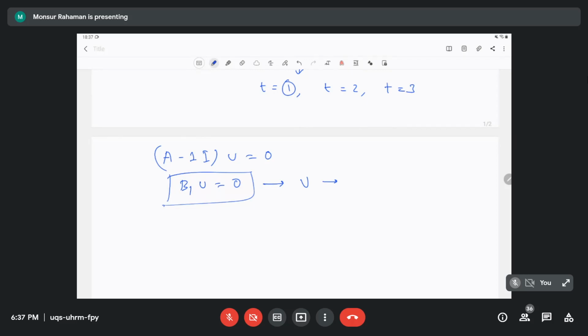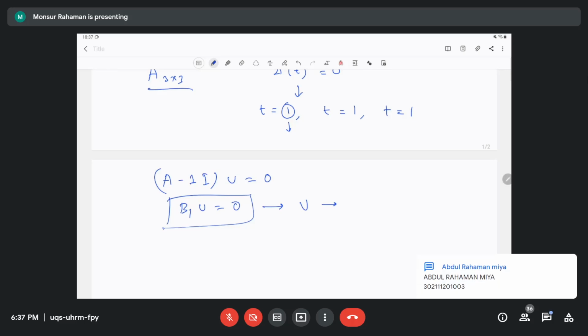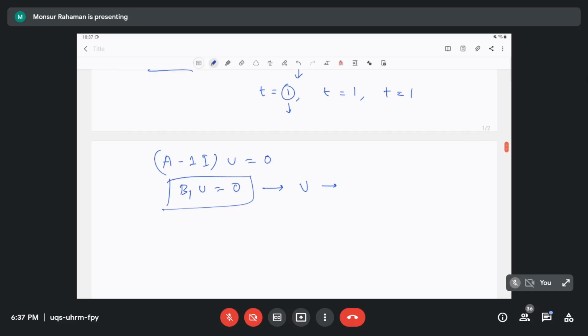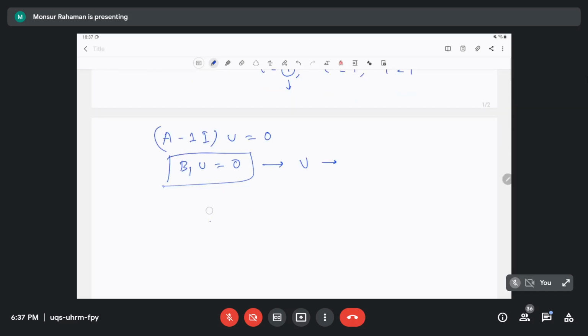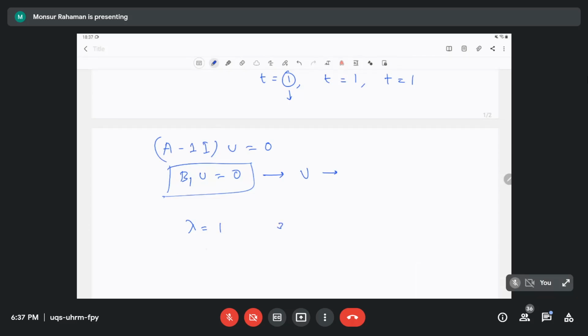If it is repeated, suppose the eigenvalue 1 is repeated 3 times, for every single eigenvalue you will have at least one eigenvector. But if it is repeated, then it cannot guarantee more than that. You can have 3 independent eigenvectors, or 2 or 1. At least one you will always find. If an eigenvalue is repeated 3 times or whatever times, it is called the algebraic multiplicity of that eigenvalue. If lambda equals 1 is repeated 3 times, then the algebraic multiplicity will be 3.